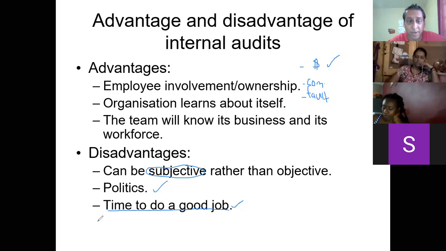Now you have some other disadvantages here. Maybe I can just list two on this side here, again, based on the time too. Anybody could think of another one? So the internal persons may be subjective. They may be subjected to company politics, meaning the manager tells them, don't record that accident because it will make us look bad. And then they may have their own job to do in addition to doing an audit for another department. Anybody can think of another disadvantage of using your own employees?